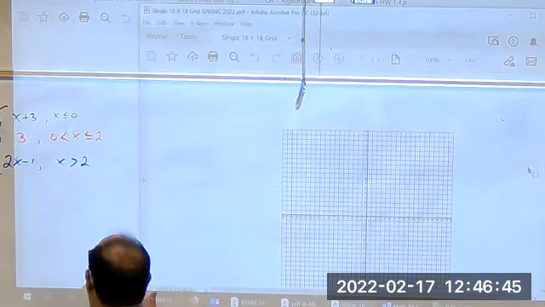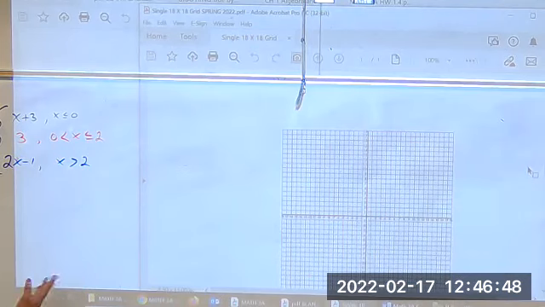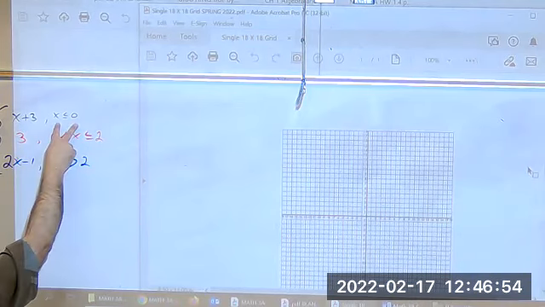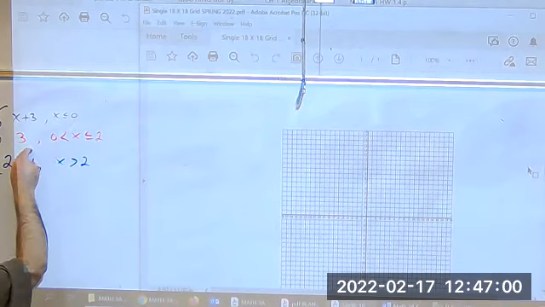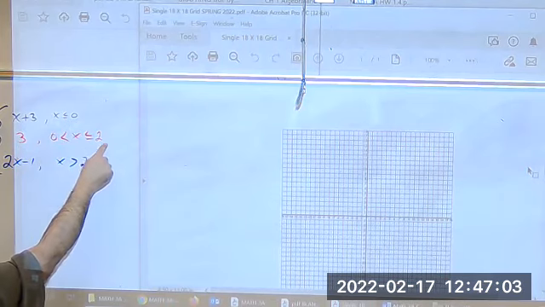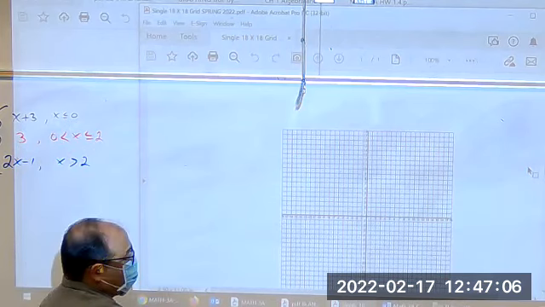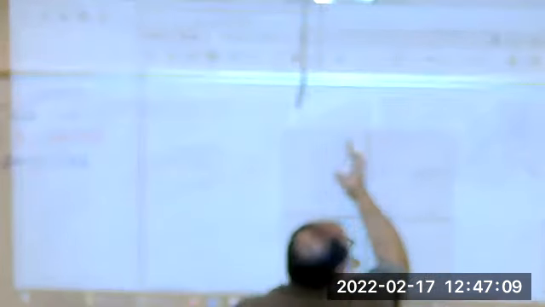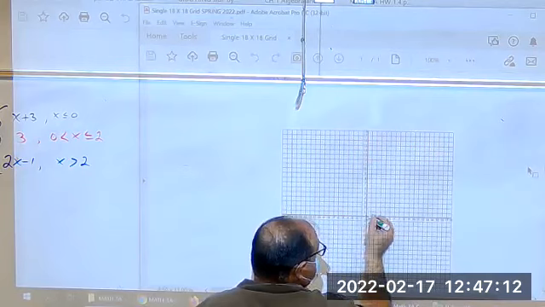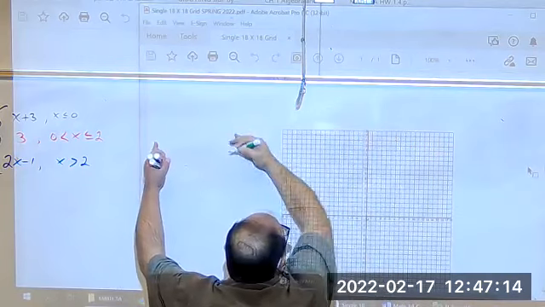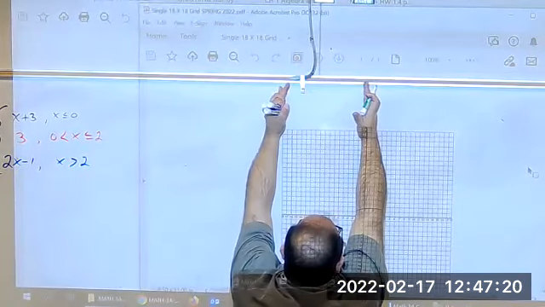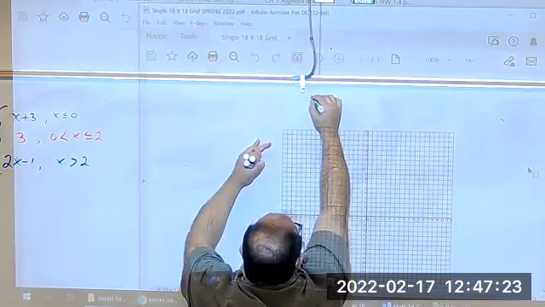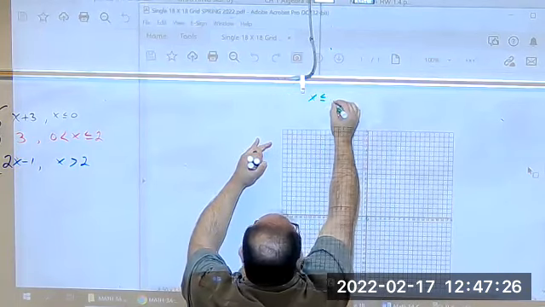So the first thing you want to look at is what bounds one function from the other. When does one function stop and the next one start? So basically, it's these explicit domains. The pieces are separated at 0, and then the next piece is separated at 2. So your break apart numbers is here at a 0. And on this side, for all the x's that are to the left of 0, for this part of the graph, for all the x's that are less than or equal to 0,